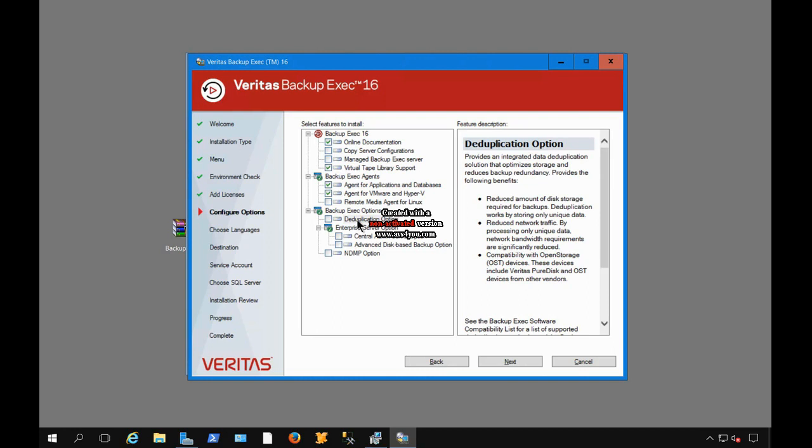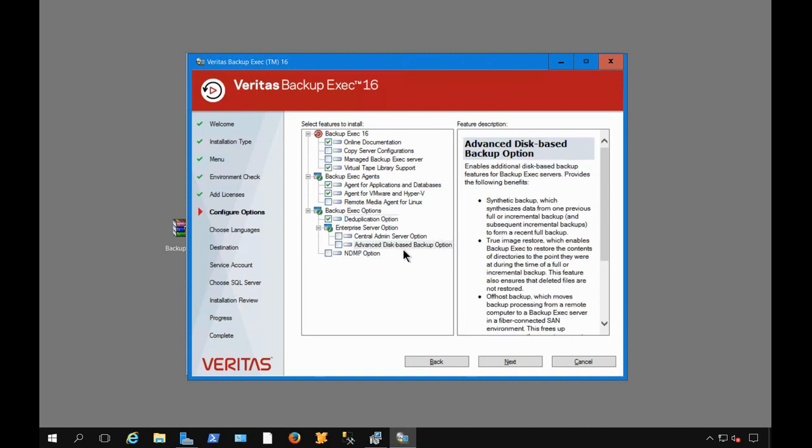which tends to use up a lot of space. Now, you do have to have a lot of extra RAM to make that work, and we do. We have 76 gigs of RAM, so it shouldn't be a problem. I would recommend to not do that with any less than 16 gigs, but you'd probably be better off with at least 32. We don't have the central admin server option, as mentioned earlier, and we don't need the advanced